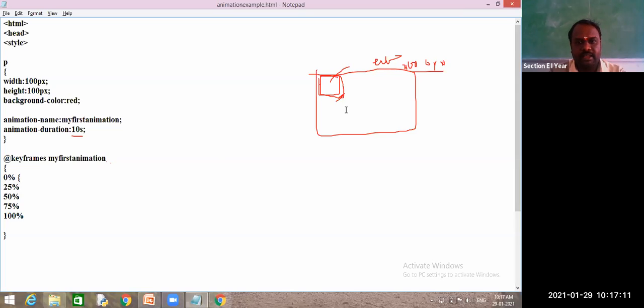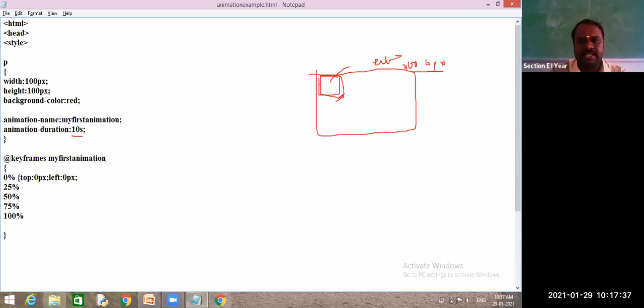At the beginning, my element or my object must be present at the top left corner. Top left corner means I won't give any space from the top corner to my object. So I have only 0 pixel distance. And left is also the top left corner, so left is also 0 pixel.